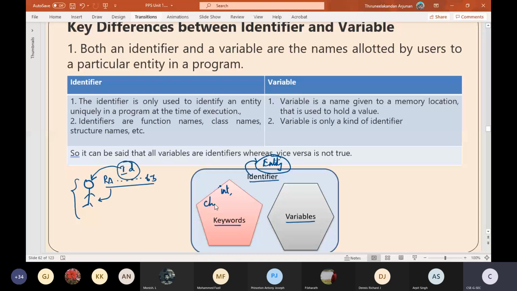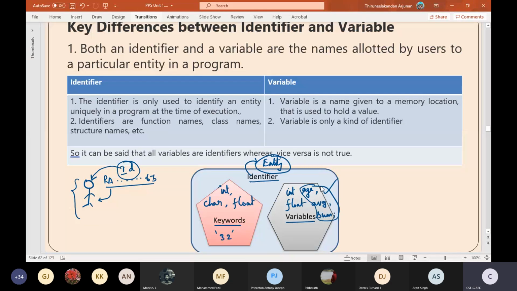For example, I can give a name, int age, then float average, sum, like this I keep on giving. In all these places, age, average, sum are user defined variables.